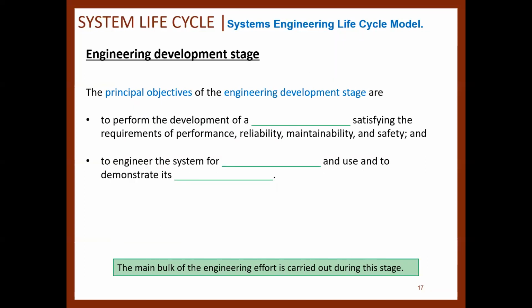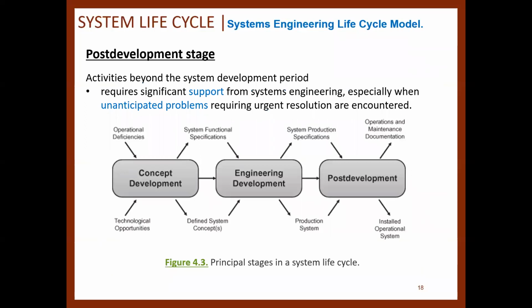The principal objectives of the engineering development stage are to perform the development of a prototype system, satisfying the requirements of performance, reliability, maintainability, and safety, to engineer the system for economical production and use, and to demonstrate its operational suitability. And then we got to the last part, which is the post-development stage. These are activities beyond the system development period that require significant support from systems engineering, especially when unanticipated problems require urgent